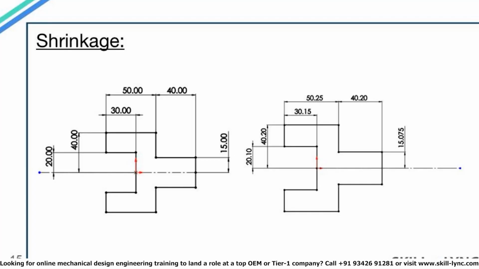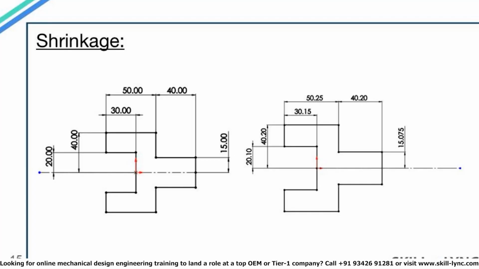So in order to account for the shrinkage of the component in the mold, you will have to create a mold for a component that is 0.5% bigger than the desired component. In the right diagram which I have created, all the dimensions are 0.5% bigger than the desired dimensions you see on the left. If you want to confirm the values on the right, then you can convert the percentage value into fraction by dividing